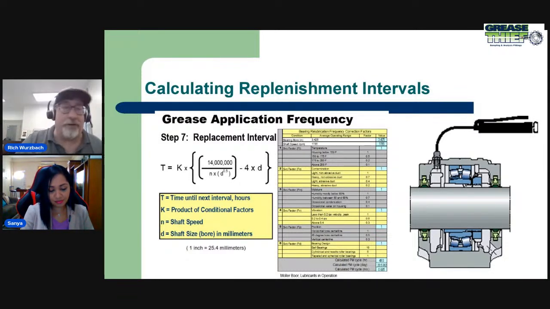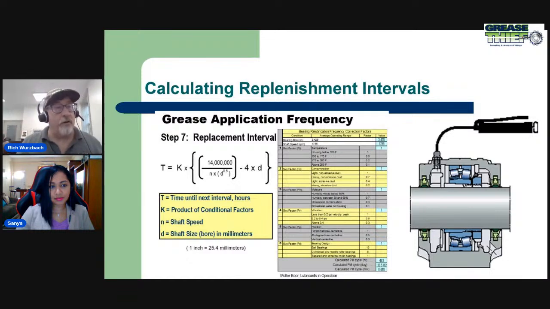You can see there's multiple steps before you get here. You got to have the right grease. You got to know the grease is right for the application. And somewhere down the line, step 7 is how often do I add the grease? And it's a combination of the shaft speed, the size of the bearing. So together, the shaft speed and the size of the bearing give us the angular velocity of the rolling elements. And that value is then modified by all of these